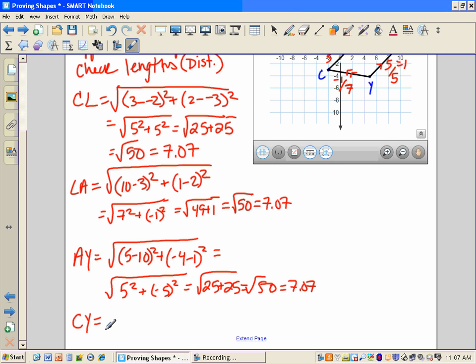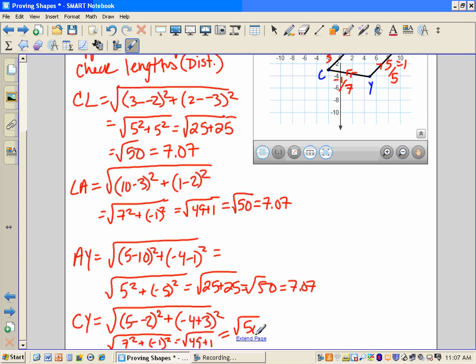Well, C to Y is going to be 5 minus negative 2 squared plus negative 4 plus 3 squared, which is going to become 7 squared plus negative 1 squared. This should be looking familiar because now we have 49 again plus 1, which is the square root of 50. Sorry, this is a mess over here. And 7.07. So what we need to say now is CLAY